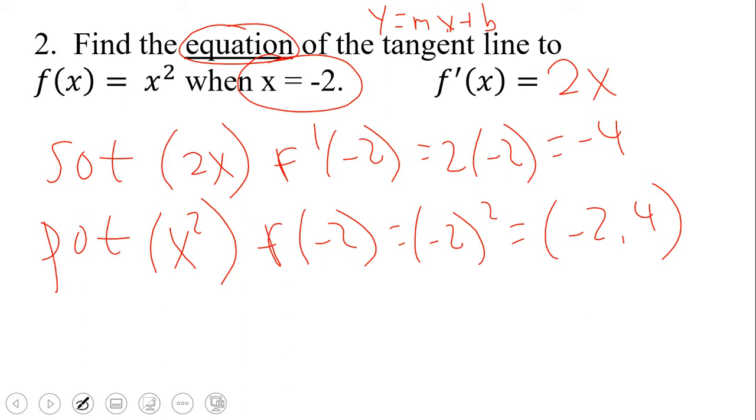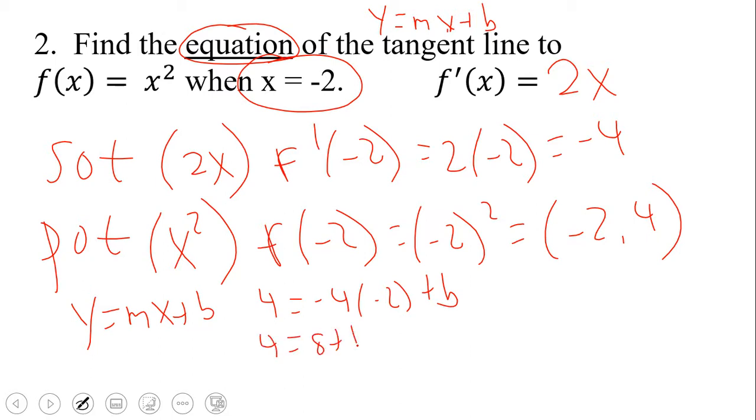Once you have found both of those pieces of information, y equals mx plus b. So 4 equals -4 times -2 plus b. -4 times -2 is 8 plus b. That means that b equals -4. And for your final answer, y equals